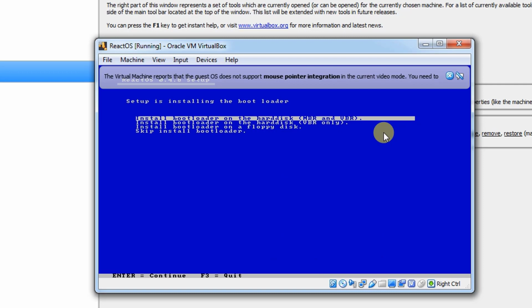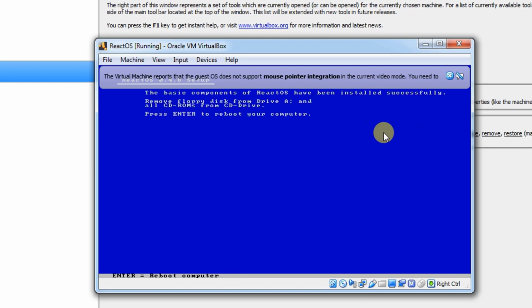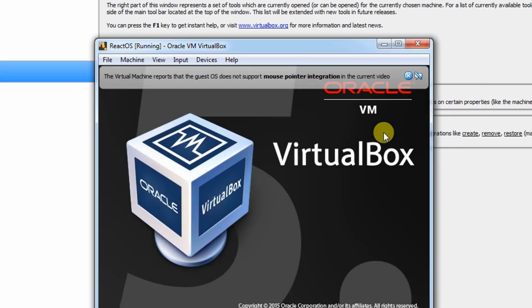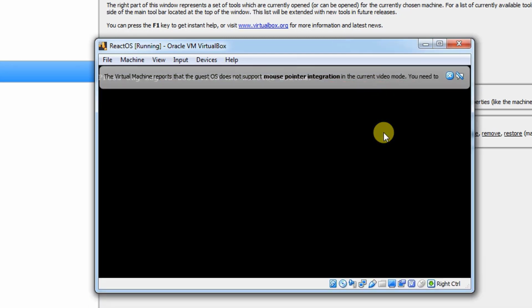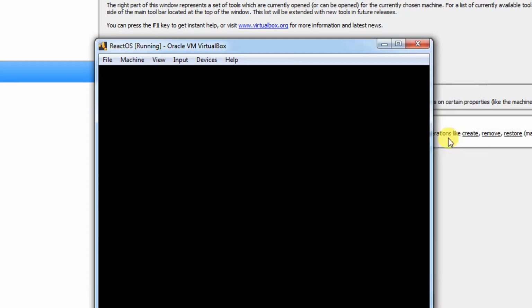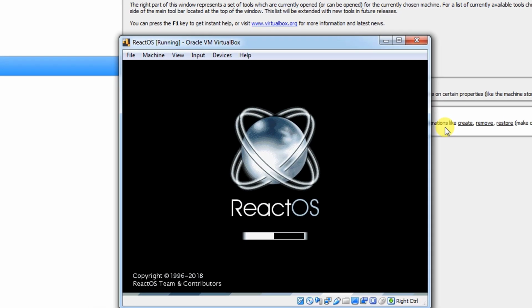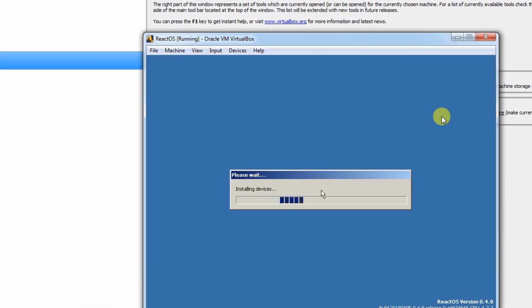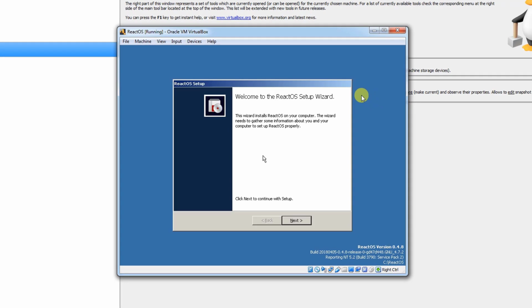Install bootloader on the hard drive, MBR and VBR, and enter one more time to reboot the computer. Now the computer reboots. It will configure the operating system now. Just hit enter, and it took only 3 minutes to completely install the operating system, and we need to configure it. Next,